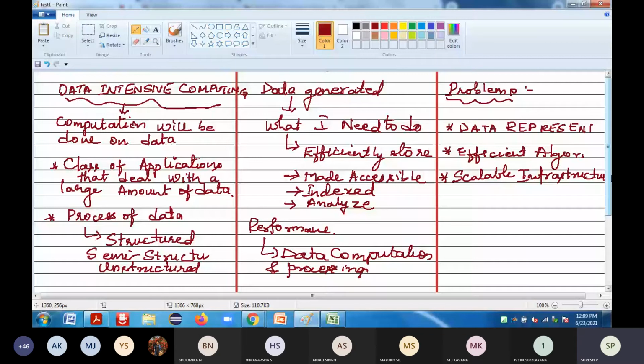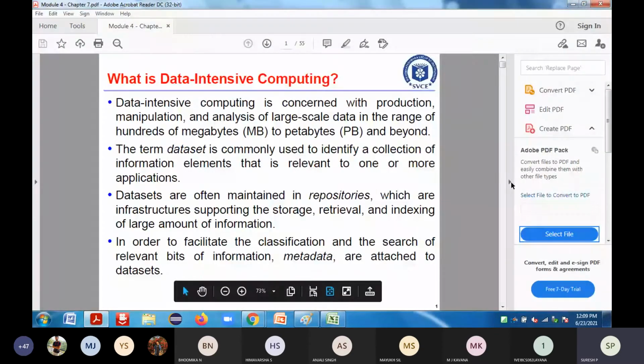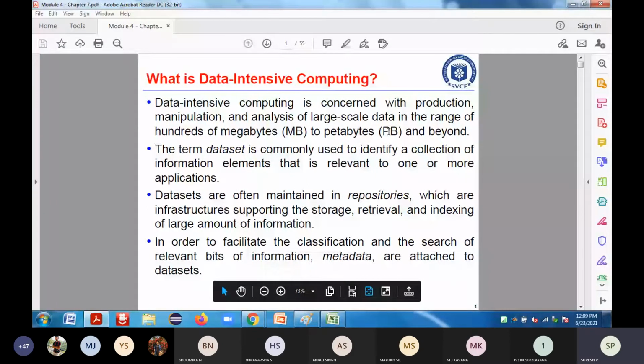we come to one point, to define what you mean by data computing. What is the purpose of using data computing? If you start talking about data intensive computing, why do I require it? If you take data intensive computing, what is it mainly concerned about? Data intensive computing is mainly concerned with production, data production, and manipulation of the data and